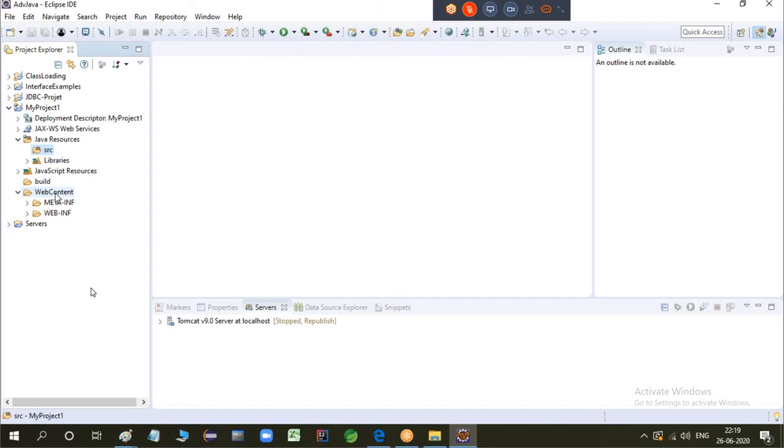In the web content, you will be having two generated folders, meta-inf and web-inf. You don't have to worry about meta-inf. We have already seen web-inf is nothing but inside the server. If you expand web-inf, lib folder is already there, and web.xml file, deployment descriptor file is already there. So here you just have to worry about writing classes inside the SRC folder.